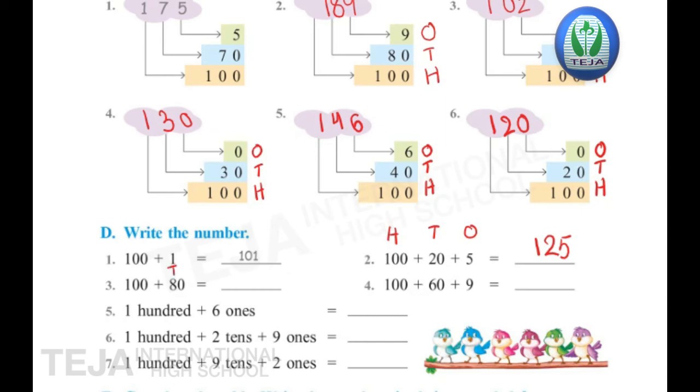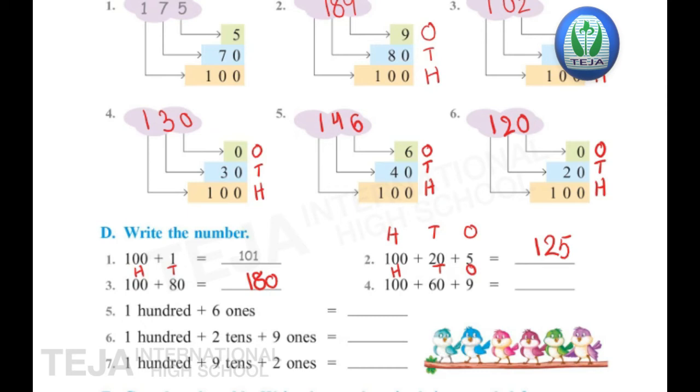Okay. Next see here, 80 is in tens place, 100 is in hundreds place. So nothing is there in ones place, so you have to write 0. Now see here, when in ones place no number is there, you should write 0. Now 8 is there in tens place, so write down 80 and 1 is there in hundreds place. So the answer is 180.